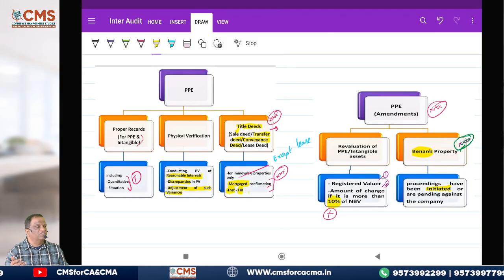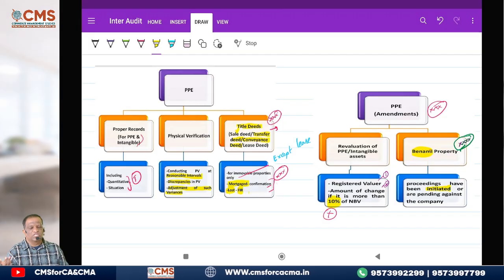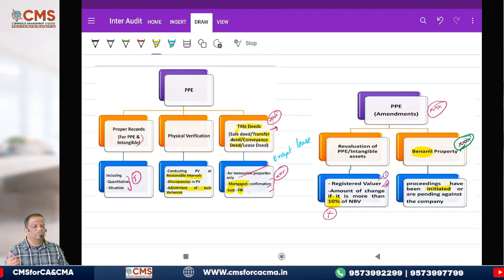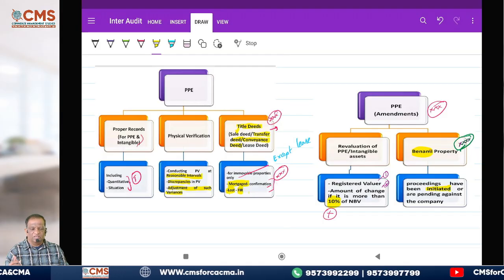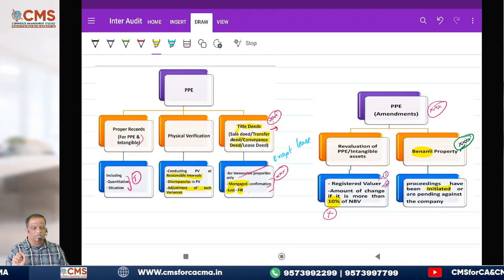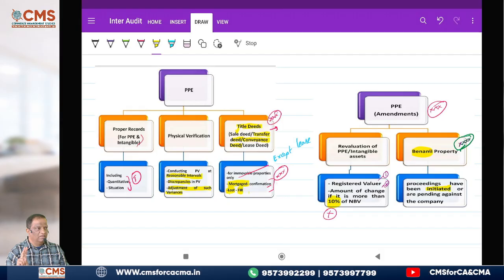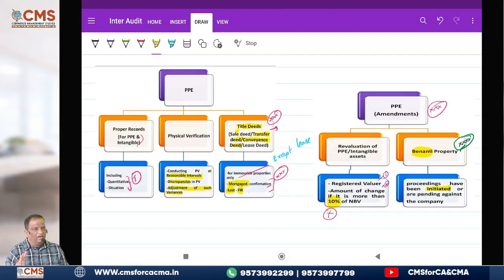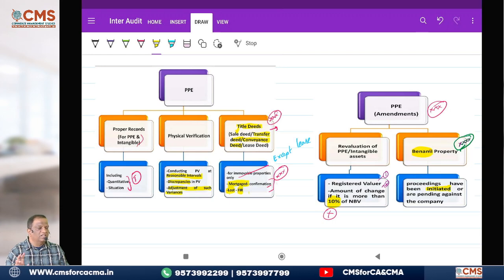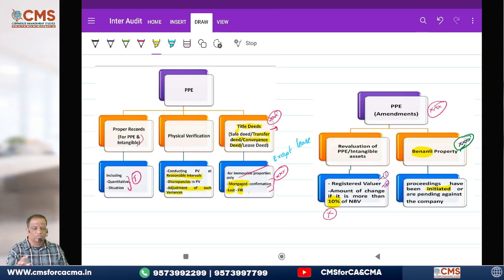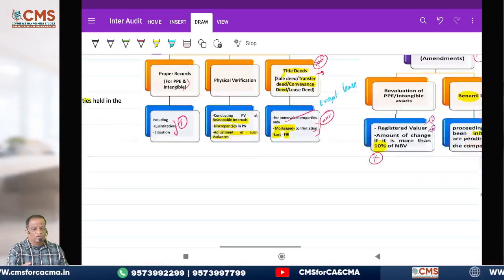What is the solution for mortgage? Confirmation from third parties. What is the solution for lost title deeds? FIR. So an FIR has to be obtained. And with regard to revaluation, 2 points are important. Registered value, and when the disclosure is required, when the change is more than 10%. And for Benami properties, whether any proceedings have been initiated. So these points are to be covered under